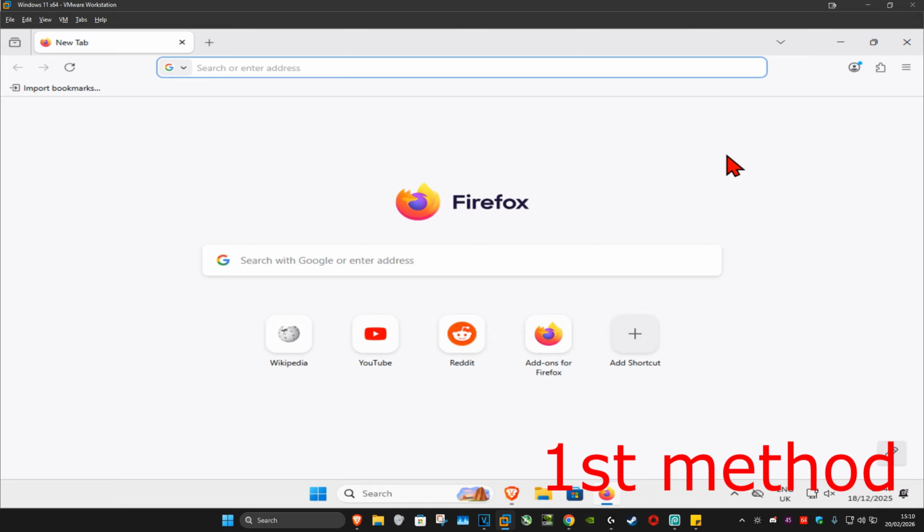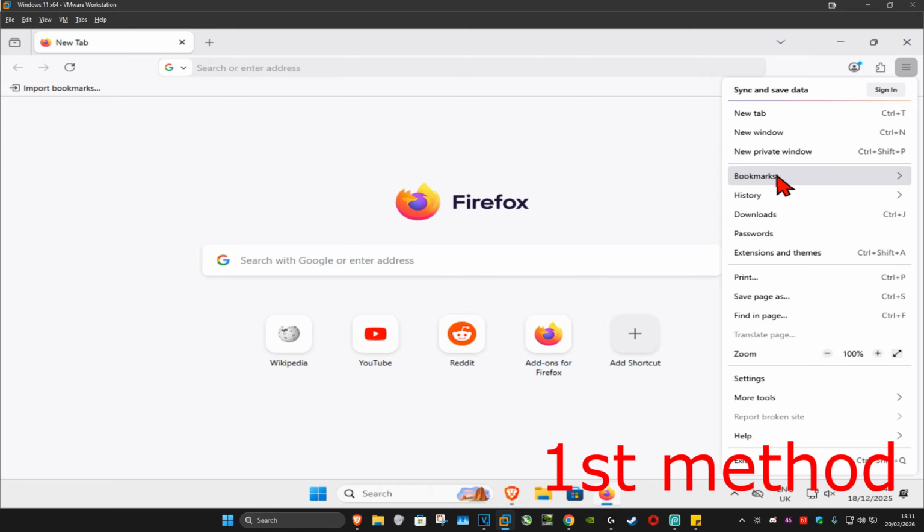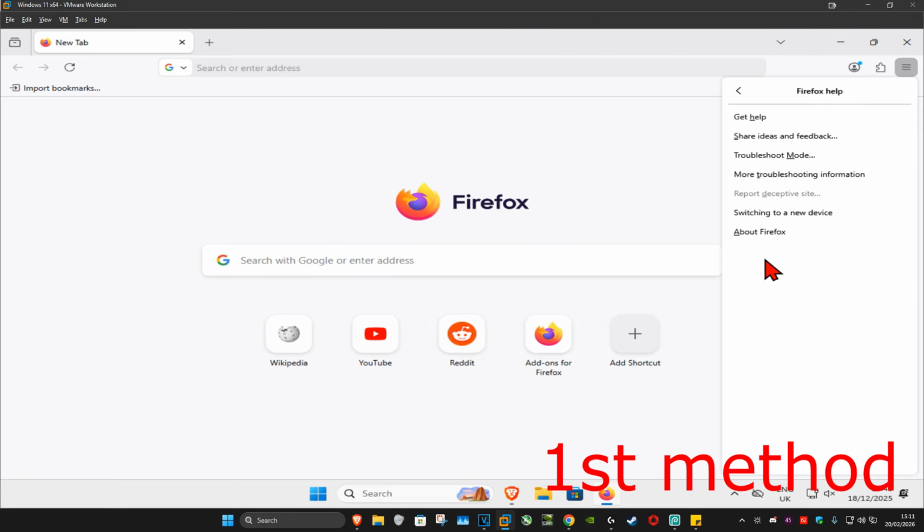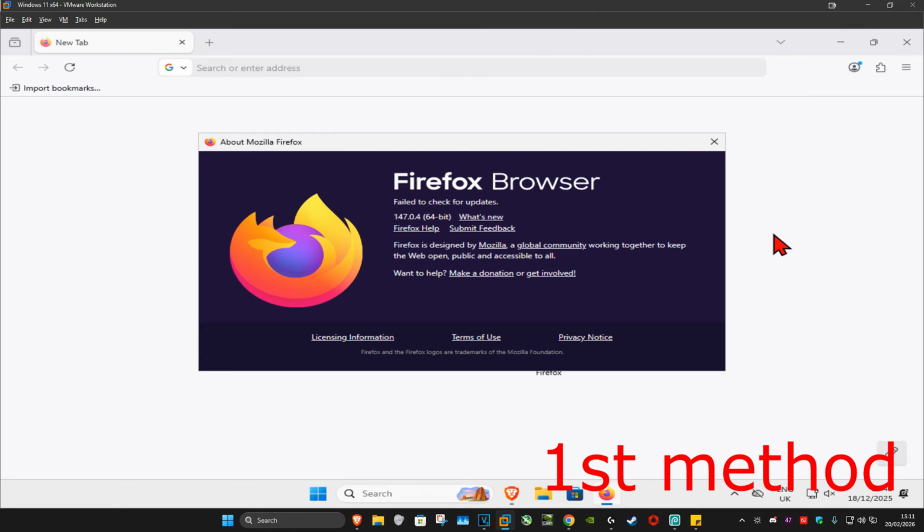So guys, for the first method, you want to make sure that Firefox is up to date. So in the top right, you want to click on the three lines, and now you want to click on Help, and then select About Firefox. On your screen, it's going to be saying checking for updates. Make sure that your Firefox is up to date. See if that works. If you're using an outdated version of Firefox, it will automatically update the version for you